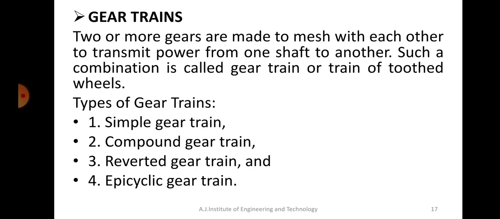Or I don't want it on the same axis. I want gear D at a certain distance. Then I have to connect a different gear there, right? So A is connected to B, and at a certain distance there is C, and then we have D. Anyways, if you are not following it, I will show that in the sketch. Similarly, we have reverted and epicyclic gear trains, but we are not concerned much about reverted and epicyclic. Okay, so we'll show you these simple gear trains and compound gear trains in the next sketch.